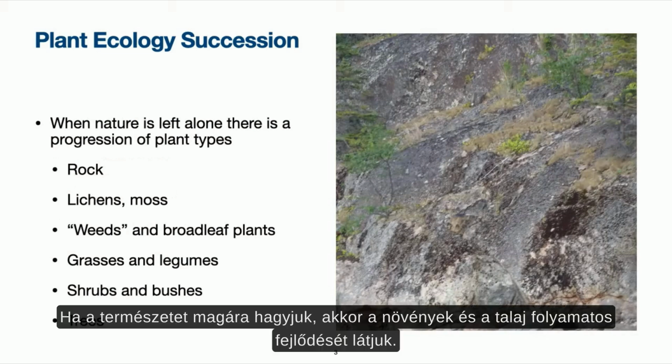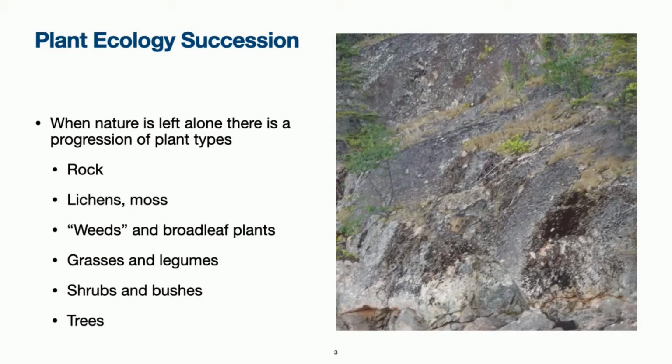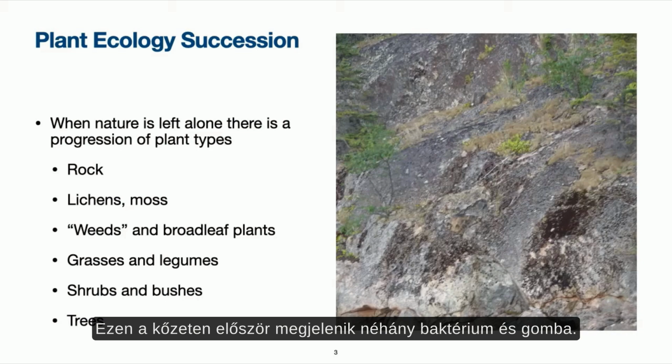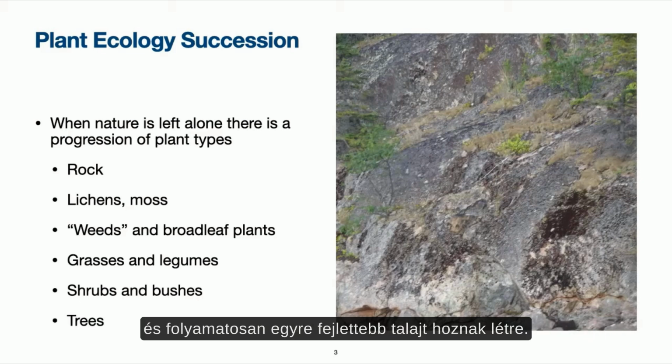When nature is left alone, there is a progression of plant types and soil development. Most of the soils are developed from parent material or rock. On that rock, we'll get some fungi and bacteria. They will go to work and they'll start creating very primitive soils, and this is where the lichens and the mosses start kicking in. As they progress and break down that rock to create more developed soil,